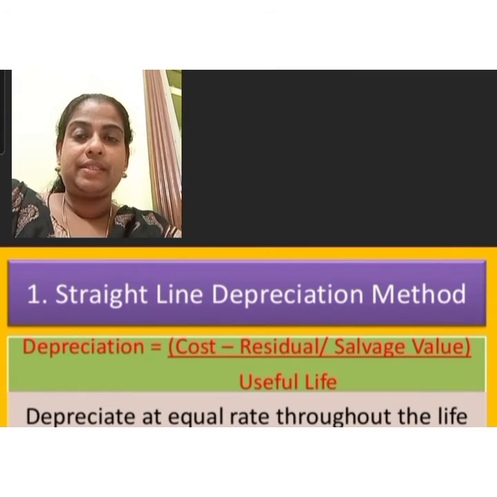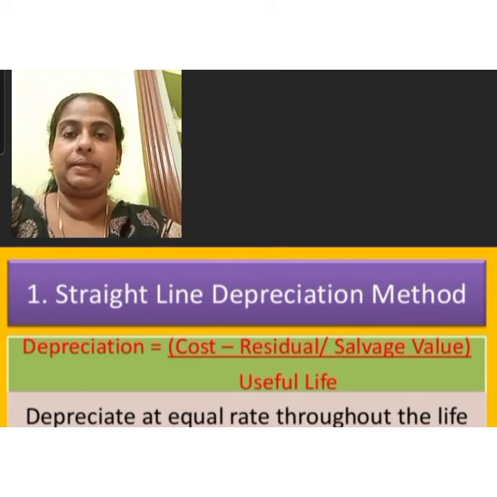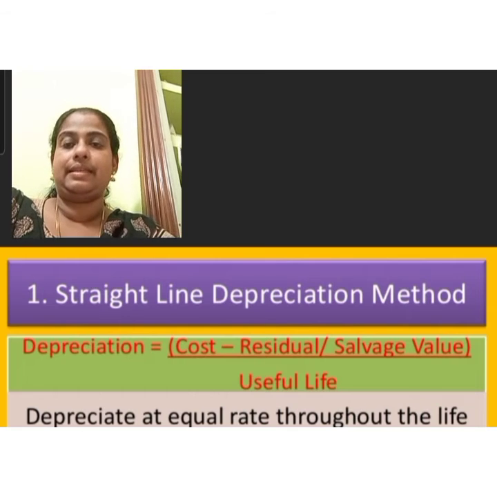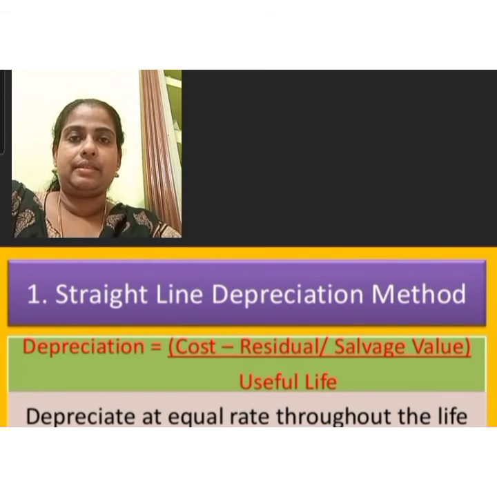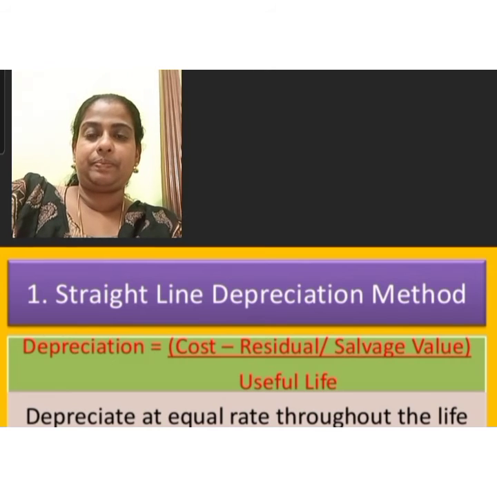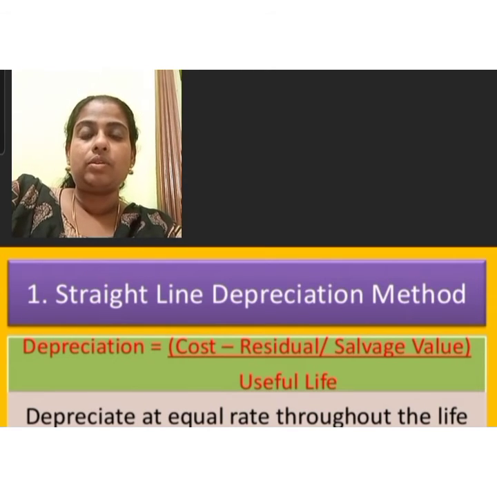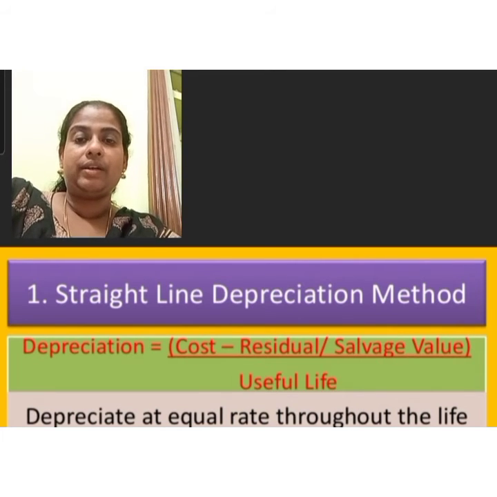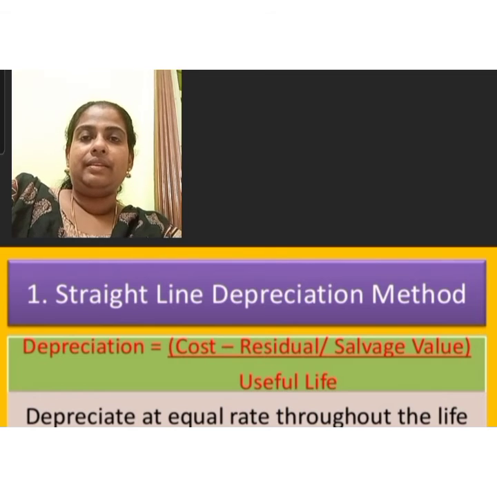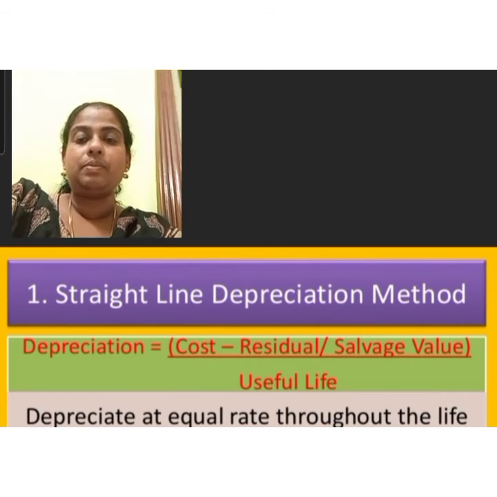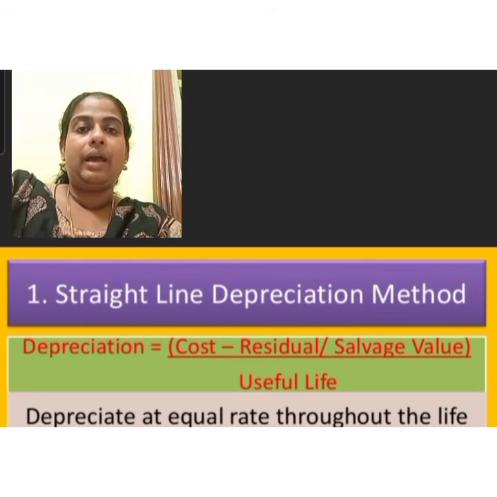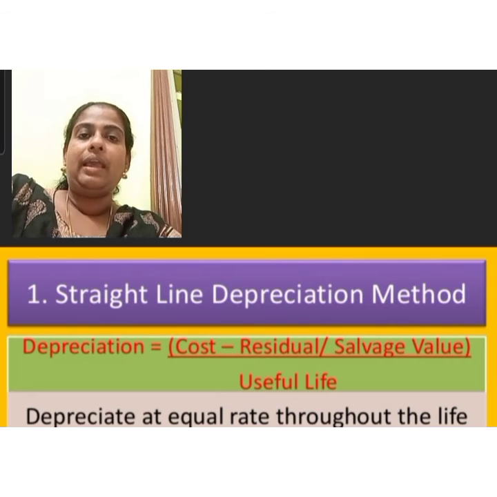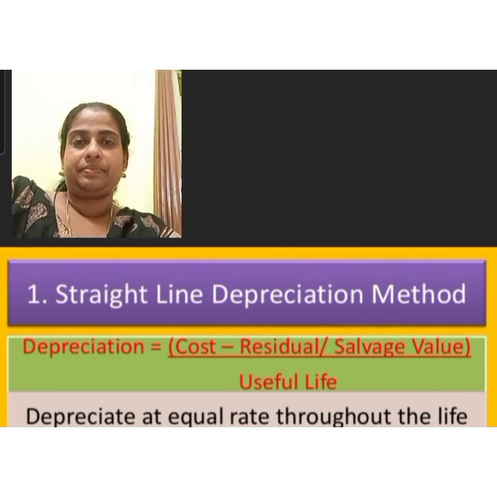Next we are going to study the important uses of the straight line method. The first use is that the straight line method is suitable for those assets which require lesser expenses on repairs and maintenance. Then the second use is that the method is also useful for assets of lesser value such as patents, furniture, etc. Then this method is also useful for big manufacturing concerns which have a large number of machines. Some assets are very old and some of them are fresh.